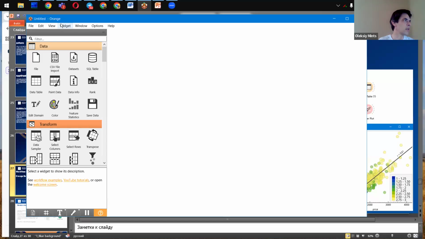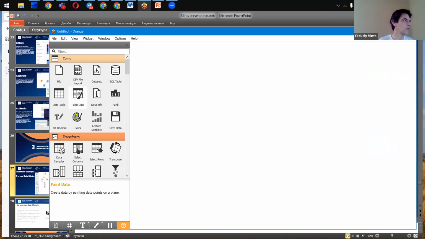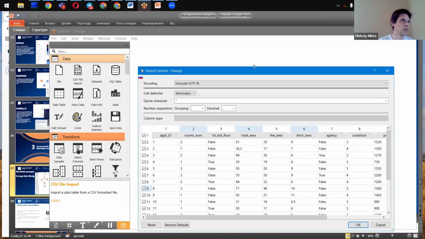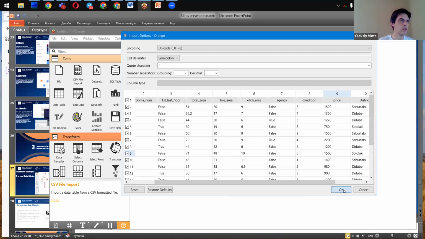We begin from a blank window, and now I put several blocks. I'll connect these blocks. So firstly, we should import data. Check it, is it right?